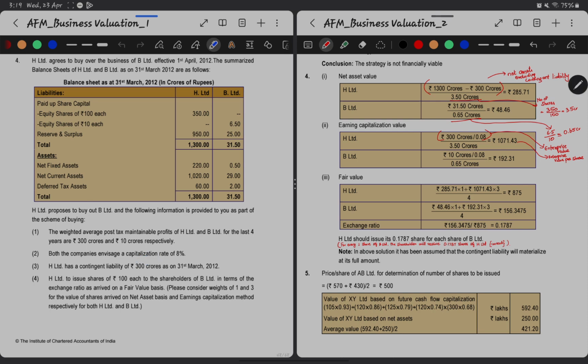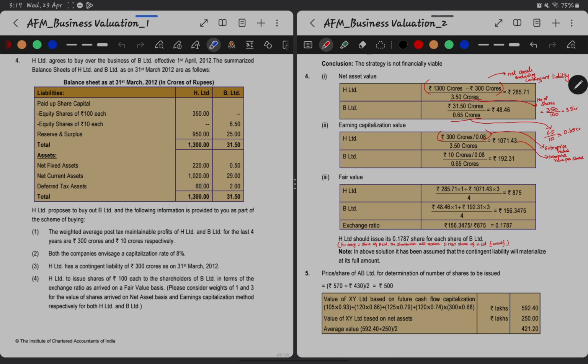So net asset value is nothing but the total net assets divided by the number of shares, which will give us the net asset value per share. That is what is required for the exchange ratio also. Here, net assets for H Limited is 1300, and in case of B Limited 31.5 crores is the net assets. Because it's all net fixed assets and net current assets only,